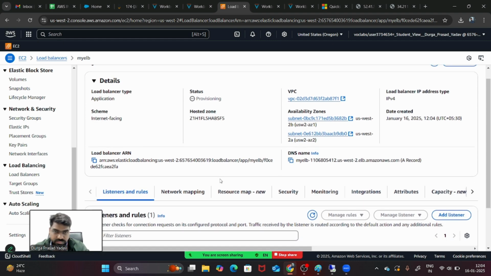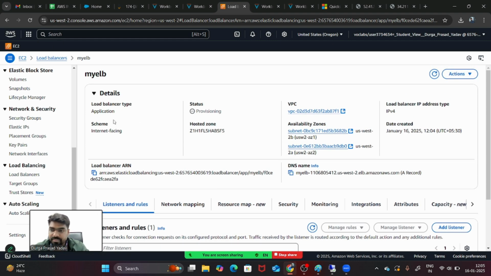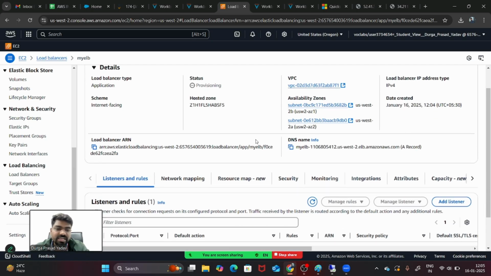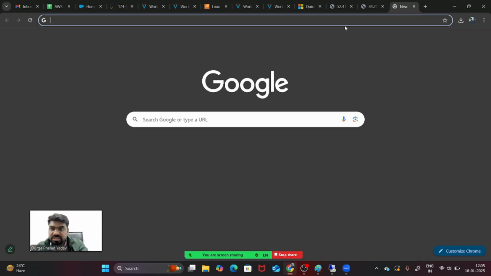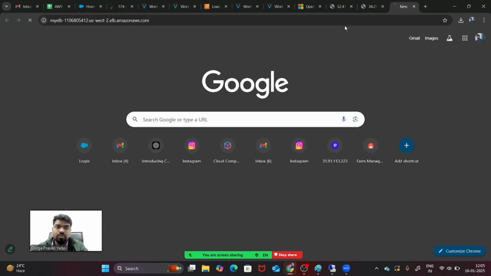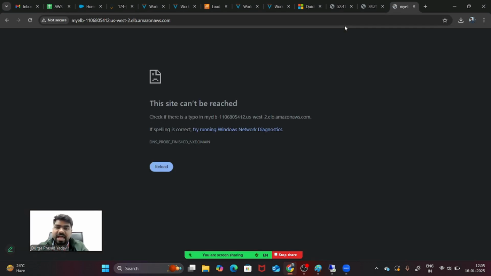So basically, the load balancer is being provisioned, so we can just refresh one or two times. And if you create the load balancer, it will give you one DNS name also. Can you see this DNS name? Yes, sir. So now if you use this DNS to access the website, then what will happen? Both of the servers will serve the same website. This is how you will be getting your traffic, right? It will be coming one by one.